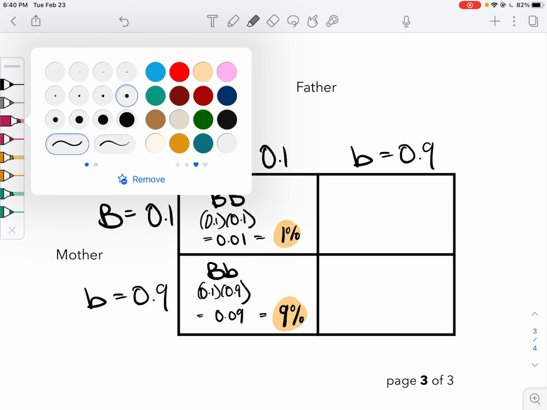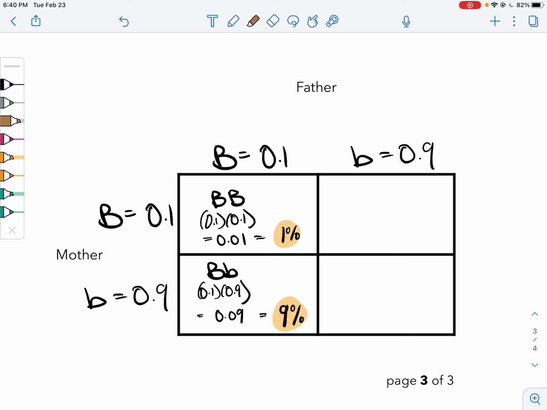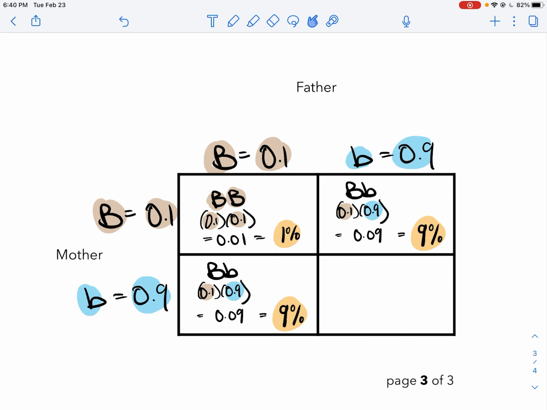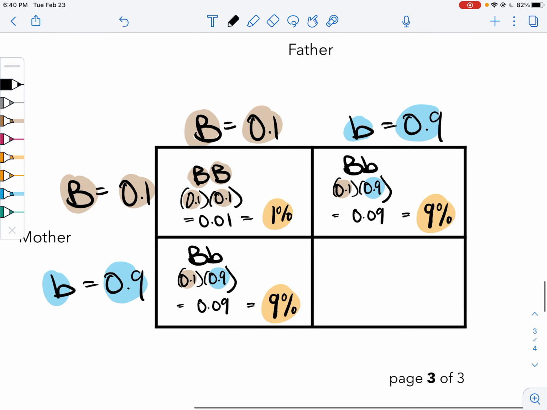Here, maybe I should have color-coded these for you guys. Okay, brown and not brown. Every time you inherit brown, that's 0.1, a 10% chance. Every time you don't get the gene for brown eyes, that's 0.9. Cool. Spoiler alert, this one is going to be the same because we have a brown and a not brown. Now the probability of getting two not brown genes is 0.9 times 0.9,